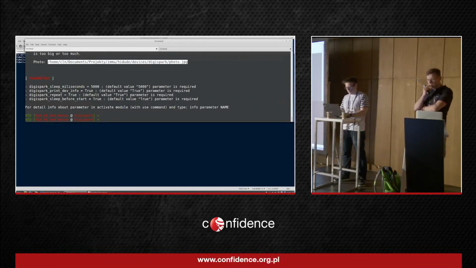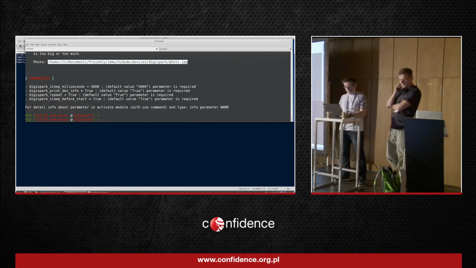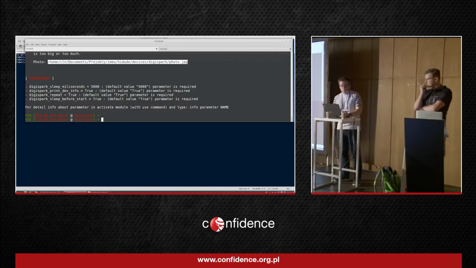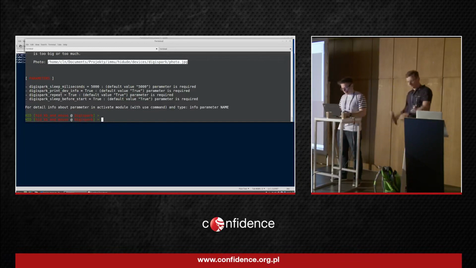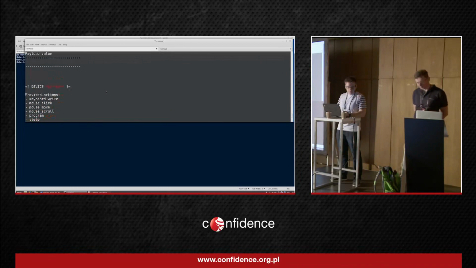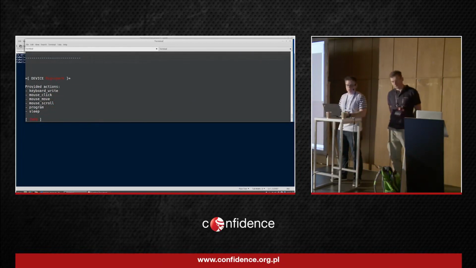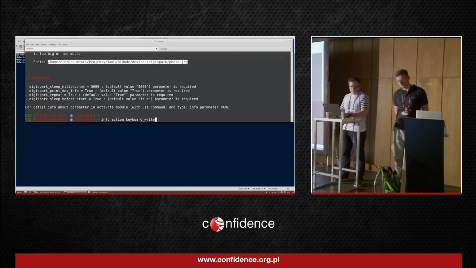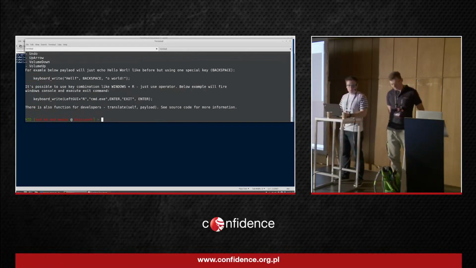Next, and the last thing, is a payload, and as I said, you can use a predefined payload, for example hello world, but you can also write a payload yourself. So how can we do it? We use the command info action, and we write the action name, which can be found in the module documentation above. As you can see, DigiSpark supports actions like keyboard write, mouse click, mouse move, mouse scroll, program and sleep. So when we want to learn how we can use keyboard write, we can put info action keyboard write,